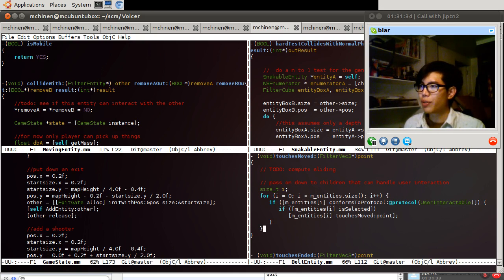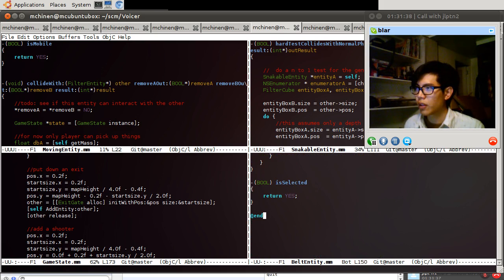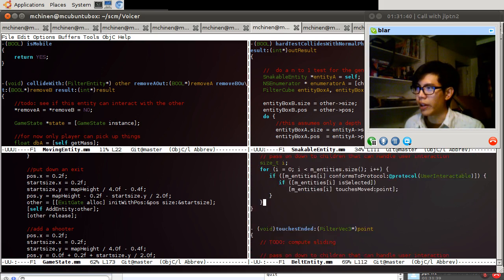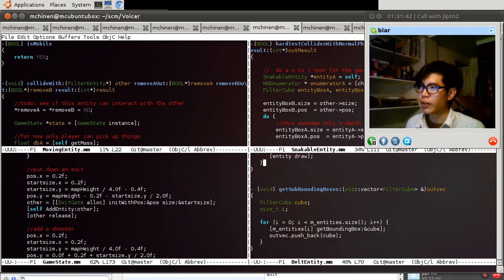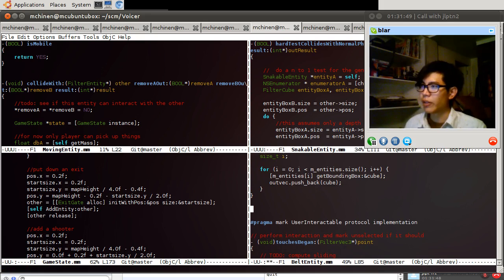At this point, we don't have anything in belt entity for that. No. Yeah, now there's no collision code at all. So what we do is we go here and we say, give me snakeable... Yeah, just give me